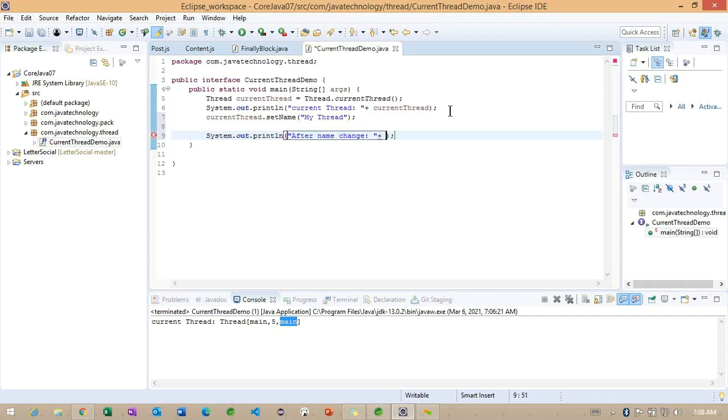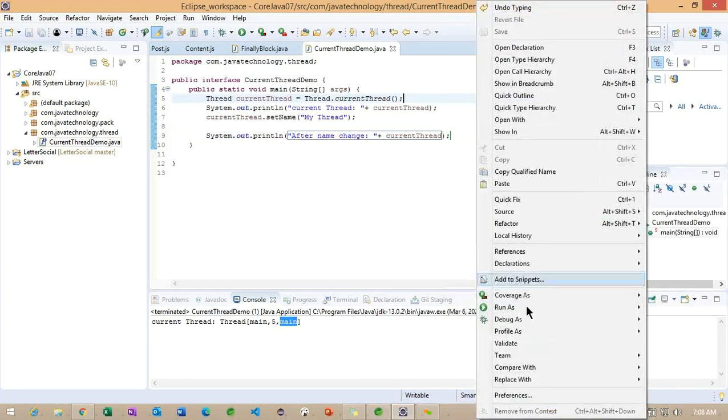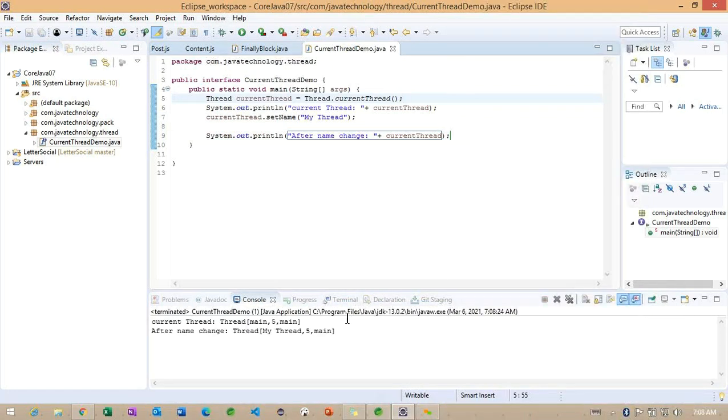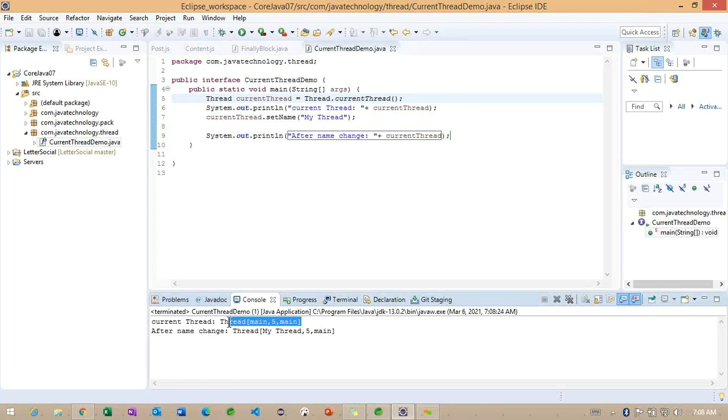After the name change, again I'm calling the same reference, that is current thread. If you observe carefully what we are doing here, initially you can easily observe main, 5 and main. But after calling set name, whatever message we added inside set name is set as the name of the thread.